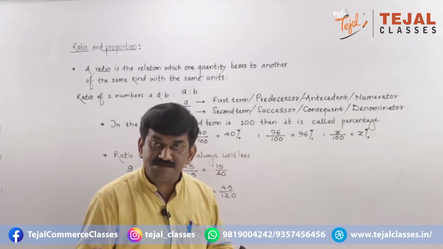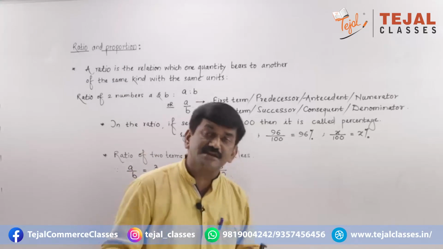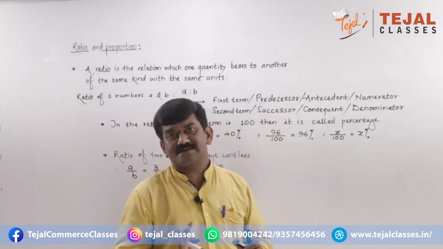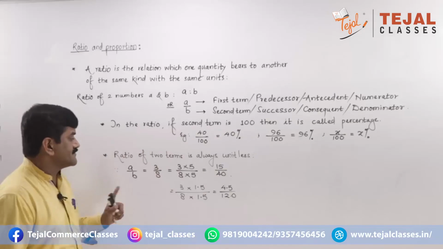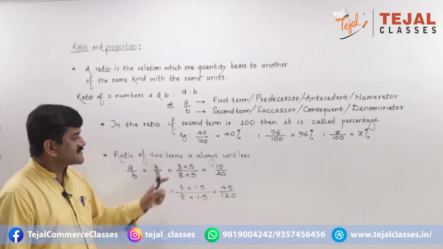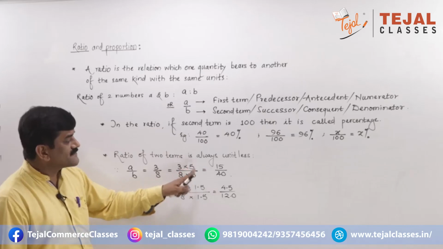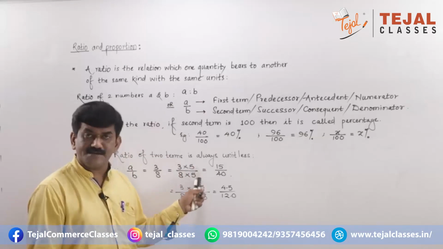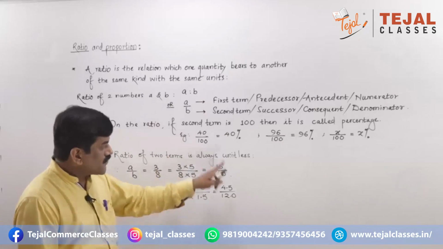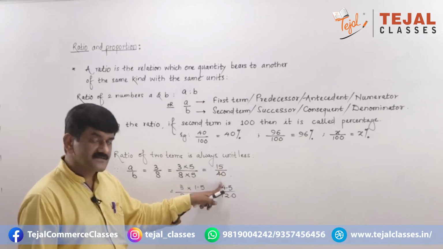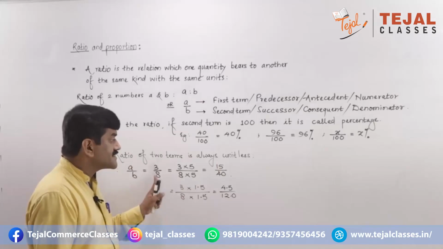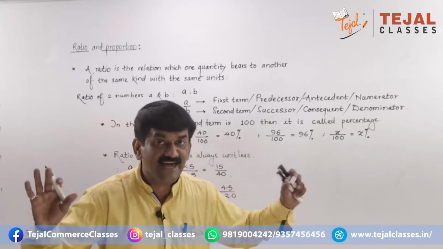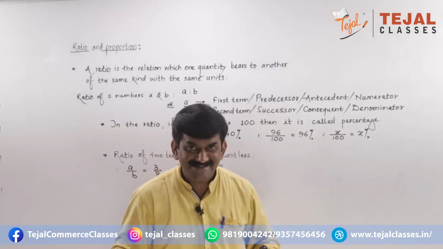We can write the ratio of any two numbers, whether positive to positive, positive to negative, negative to negative, or negative to positive, anything works, it is called a ratio. A upon B equals 3 upon 8. Multiply numerator and denominator by 5, a non-zero number. Then the value of the original ratio remains the same. Ratio remains unchanged. Is it clear? That's it.